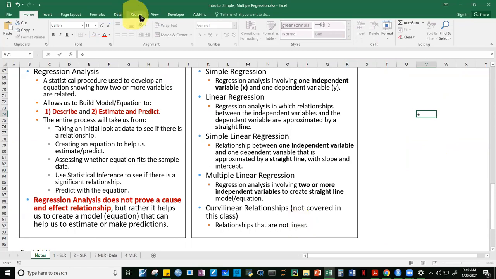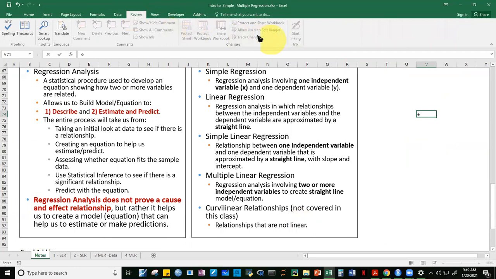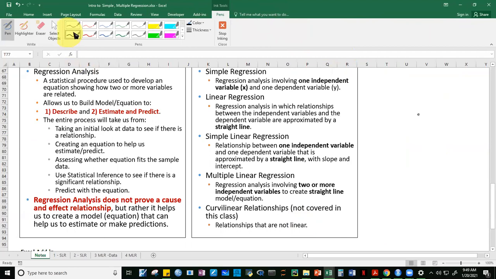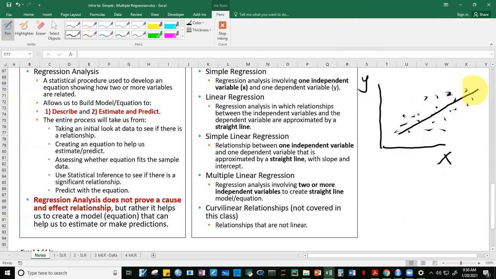So let me illustrate that very quickly. So for example, guys, andito yung may plot tayo dito, no? Ito si X natin, ito si Y natin. When we plot the two, so dapat ganyan yung lumalabas, no? So we can now estimate this, okay? Because that's what linear regression does, no? Nag-estimate tayo ng line,